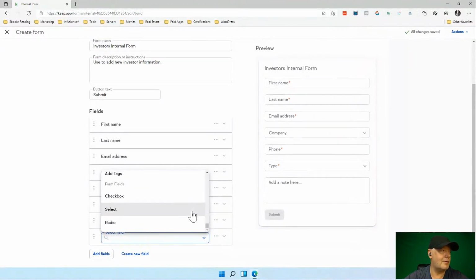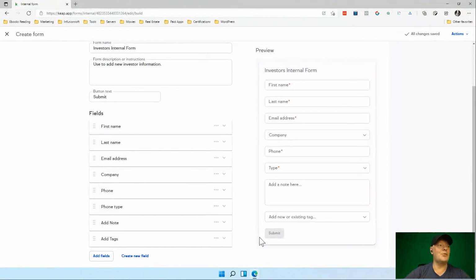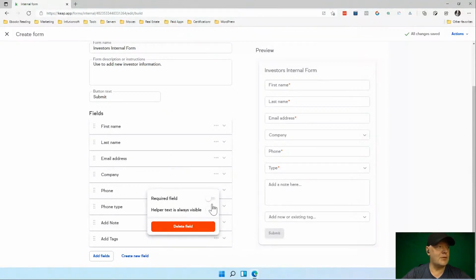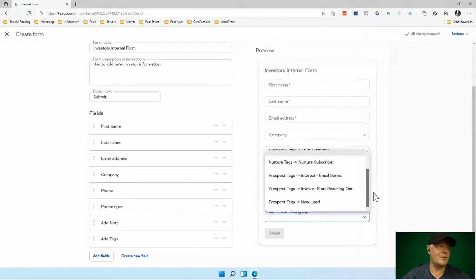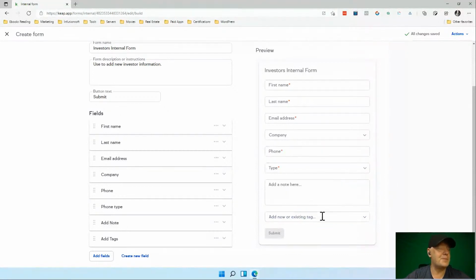let's scroll, add tag. Why I'm doing that, right? Because if you, for example, have sellers, buyers, investors, money partners, other partners, right? You can categorize them, and you can trigger different automations based on their expectations. So what I would do with this, I will make it a required field, not necessarily, but it is very advisable. And then, okay, let me just create the tags, so you can see the tags, right? You can see it, and then we can choose investors start reaching out, right? Okay, perfect. So I'm going to save it and publish,